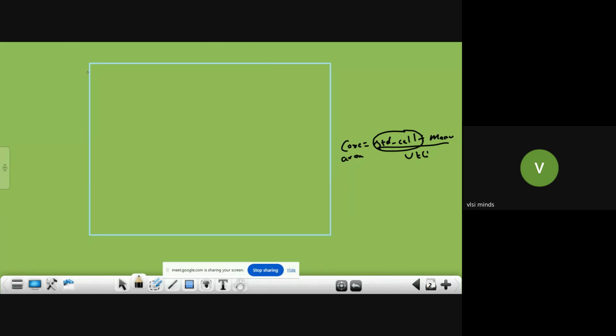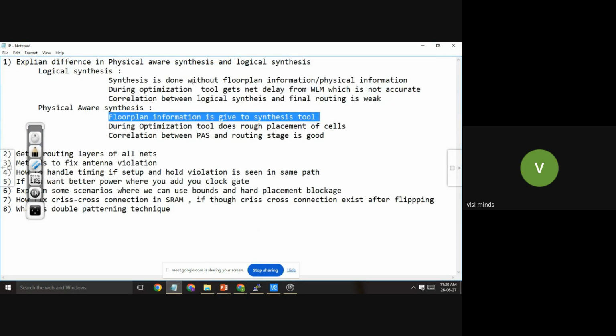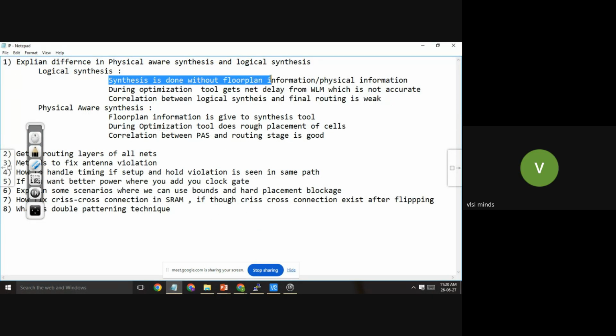Then only can you create this floor plan. You cannot blindly make the core area very big or very small; there should be some estimation of how much core area to reserve for your block. For that reason, logic synthesis is required. It gives you how many cells you have in your design, even without floor plan information.